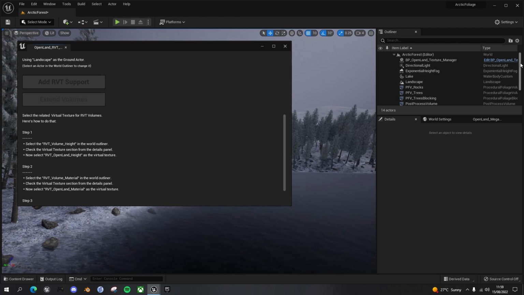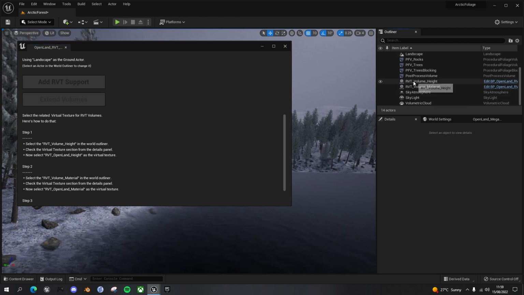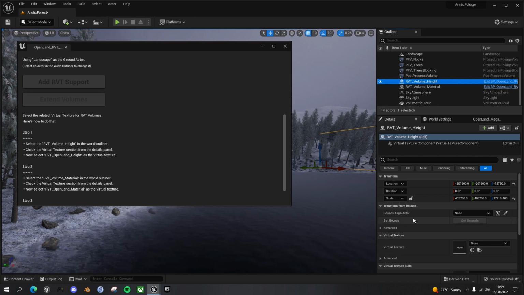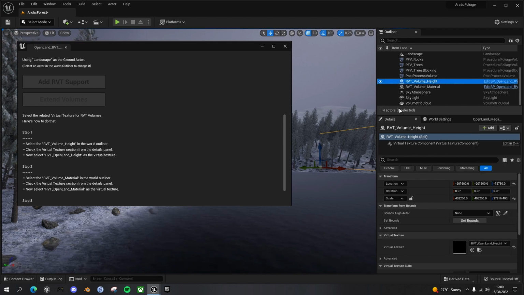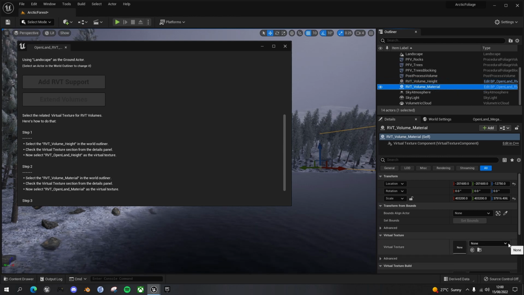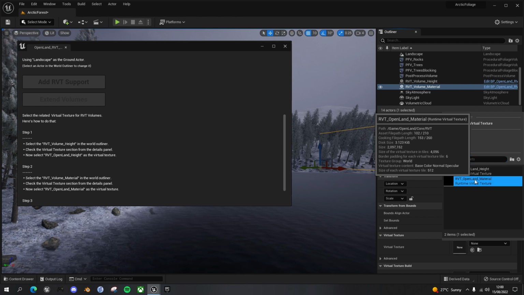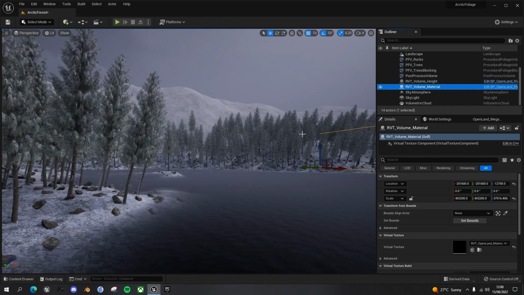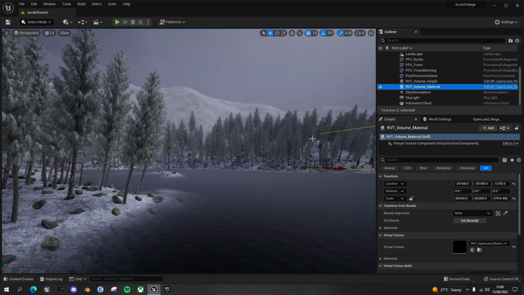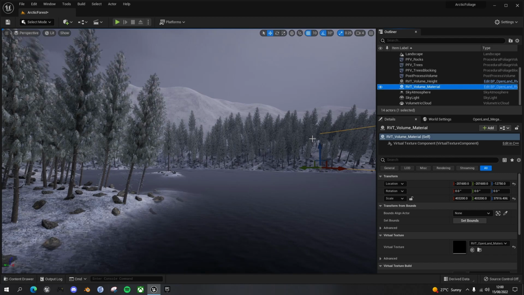So if you go over to the outliner, find RVT volume height, and in the virtual texture select RVT OpenLand height, and then go to your RVT volume material, and in the virtual texture select RVT OpenLand material, and these instructions should disappear, so you can close that down now, and we now have the right setup for doing blending